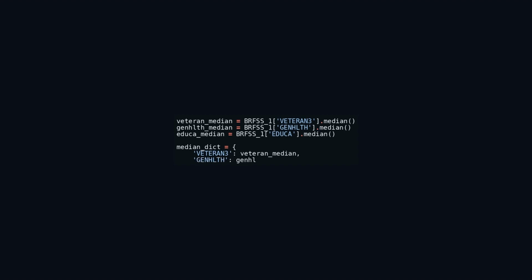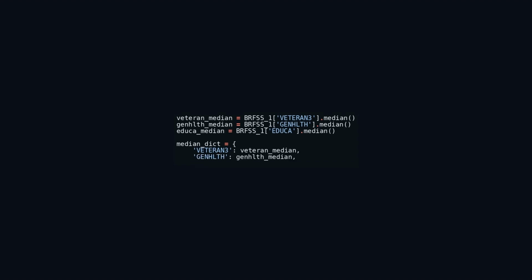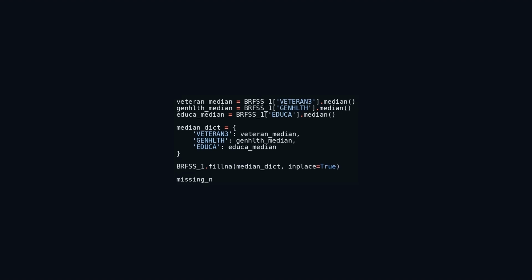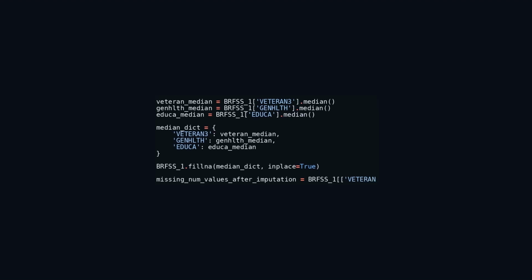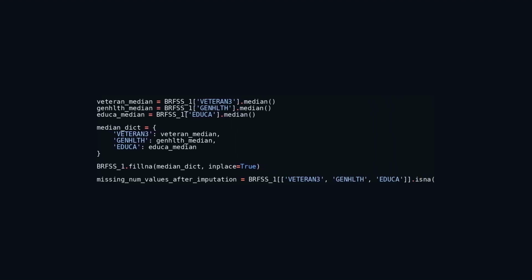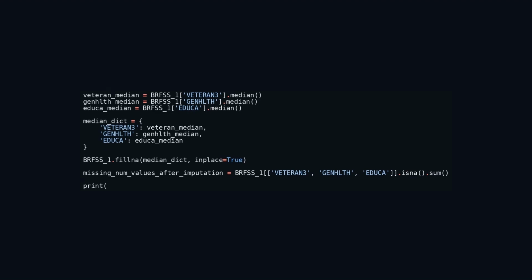Subsequently, the fillna function is invoked on the data frame birthstone to swap out missing values in the indicated columns with the respective median figures. By setting inplace=True, the adjustments are applied directly to birthstone. Following the data imputation, the code determines the count of missing values in the columns veterantries, genmulf, and idua, storing this information in missing_number_list_after_imputation. Lastly, it displays the missing number list after imputation, offering insight into the number of missing values that were substituted